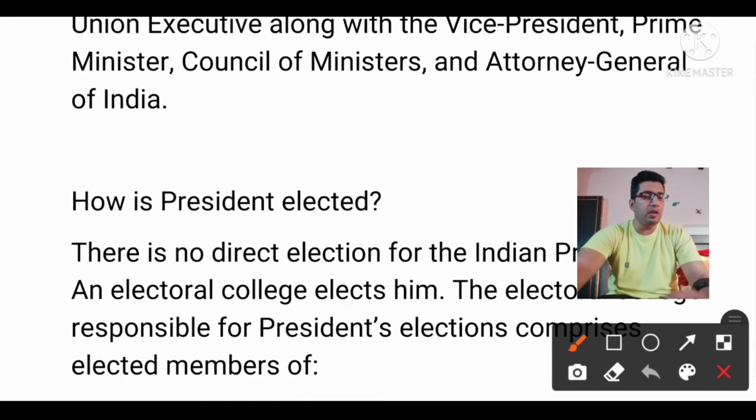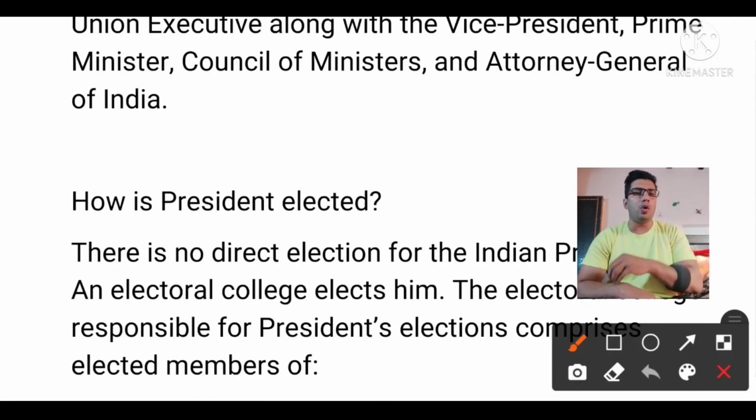Now let's jump to the pocket veto. The pocket veto is nowhere mentioned in the constitution, but it came into existence by virtue of experience and norms. Because in 1986, when our prime minister was Rajiv Gandhi and our president was Giani Zail Singh, a bill was passed in Parliament regarding the Telegraph Act, and that was a total violation of the freedom of speech and expression under Article 19. That's why Giani Zail Singh was not in consent with such a bill,